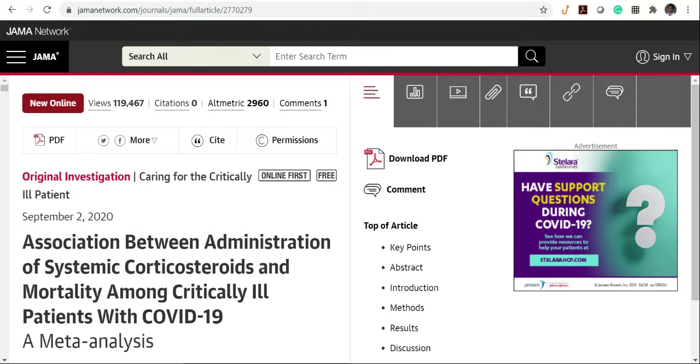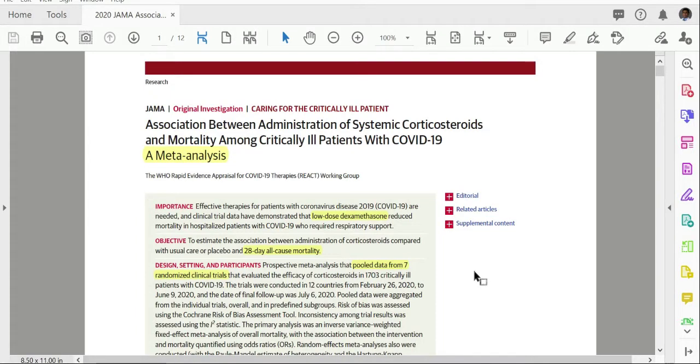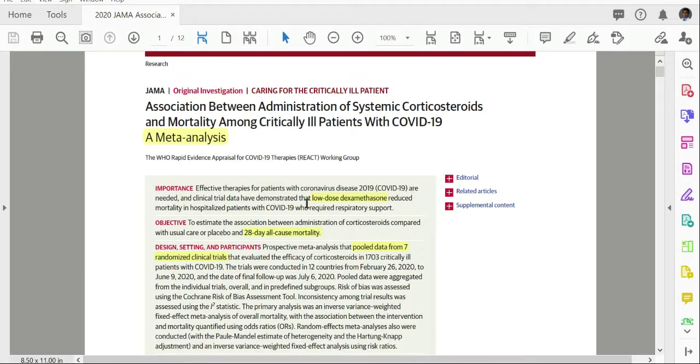So let's go ahead and look at some highlights of this article. Since this came out in JAMA, this is a very high profile article, mainly helping even physicians make clinical decisions in terms of the administration of these very commonly used steroids in helping reduce mortality rates among critically ill COVID-19 patients. So what we see here is they are looking at low-dose steroid use in reducing mortality